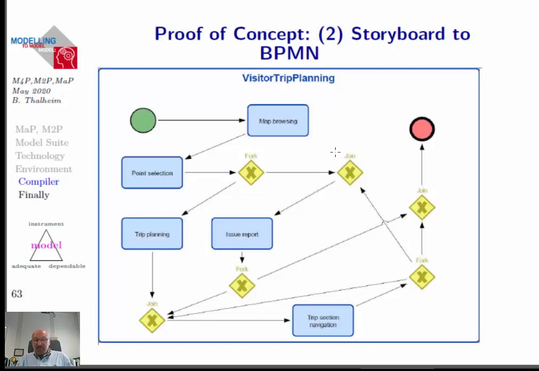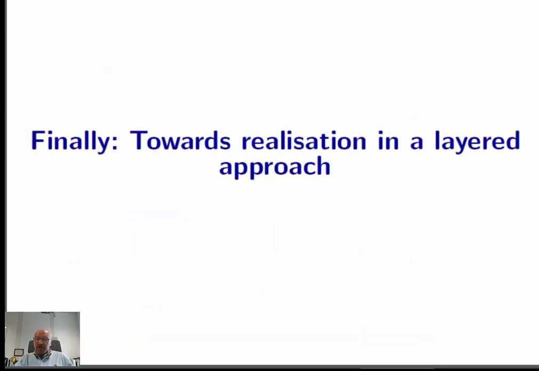To make a claim or to have an issue report is only possible after I have been using an explicit path towards it, or I have been using some kind of selection of the trip, and then I can issue some report. That means we have now in the BPMN diagram less freedom. Okay,